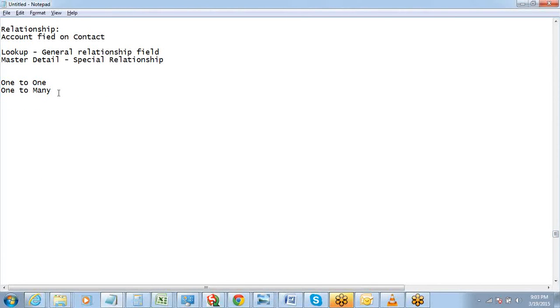And then there is a third type of relationship, which is called many-to-many. Many-to-many is where no one is a parent, no one is a child. Both sides are allowed to connect with multiple records on the other side. So no one is loyal. This can be a situation in databases in a lot of cases.